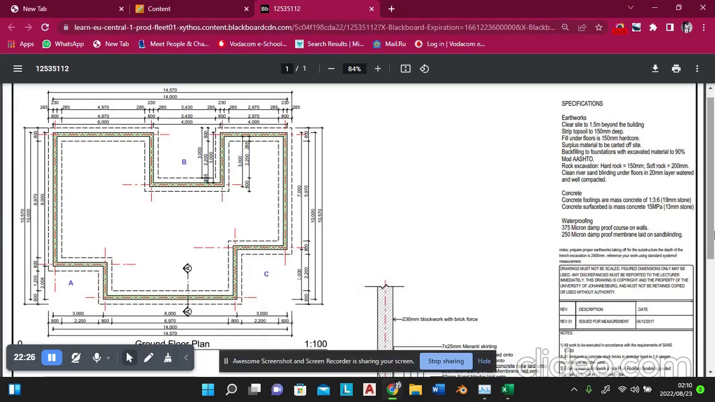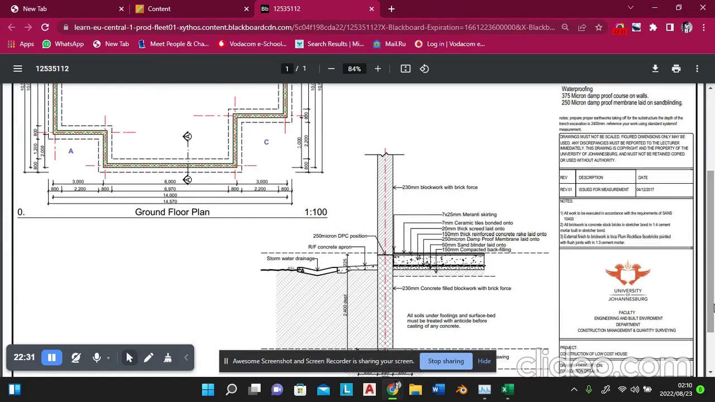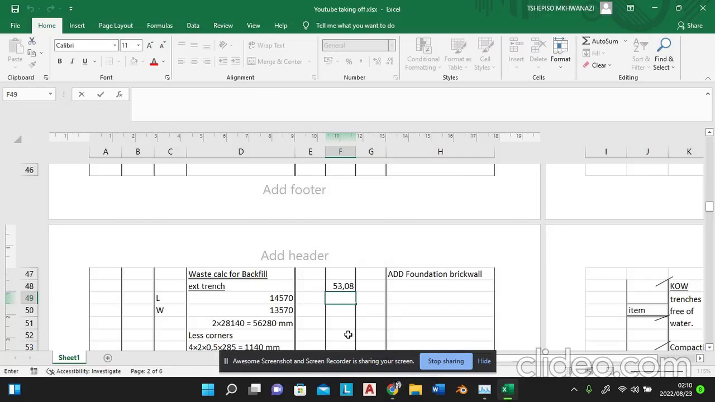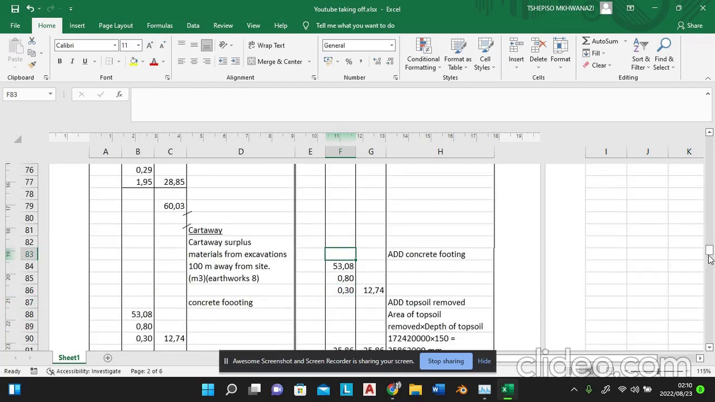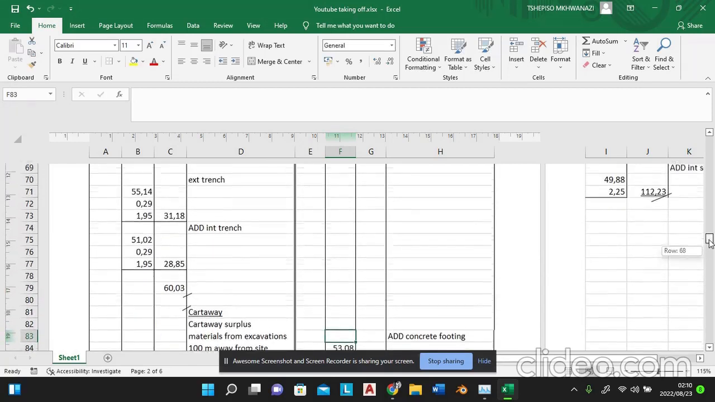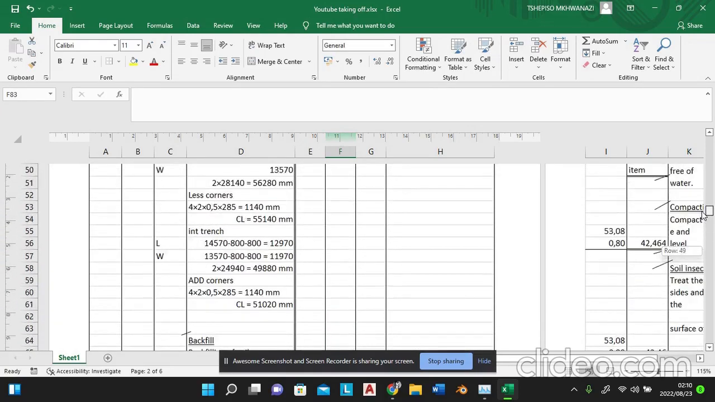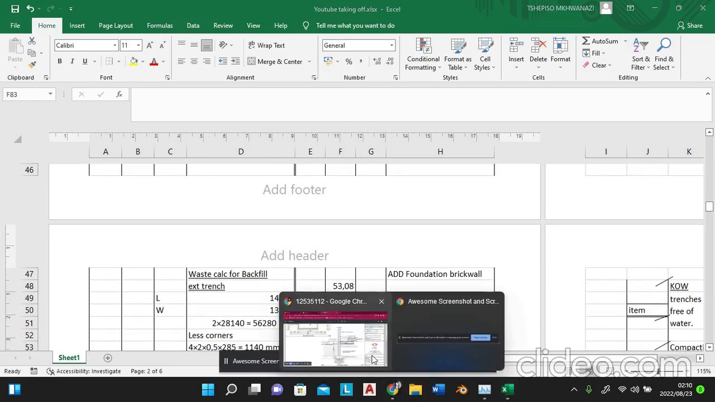Let me check it. We're going to have the width of the brick wall. The width of the brick wall, it was 230 millimeters. Yeah, it is 230 millimeters. We'll move now. We're going to say 0.23, and then the height of the brick wall is from, let me show you